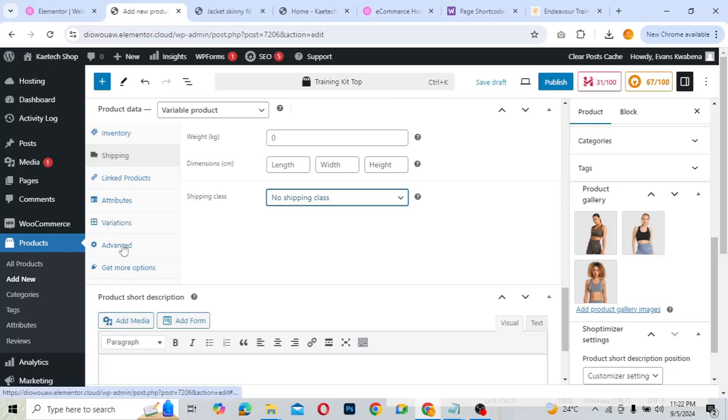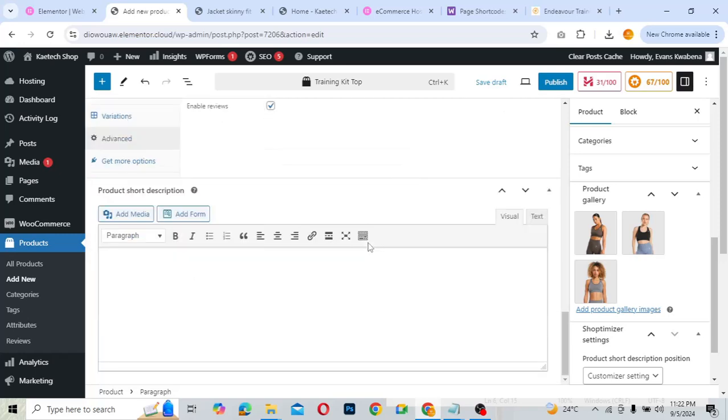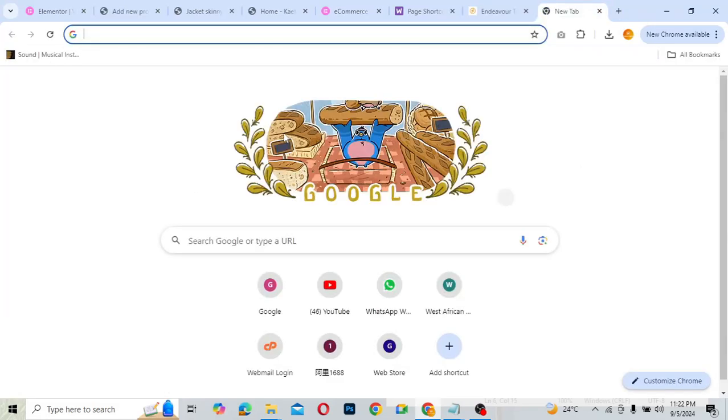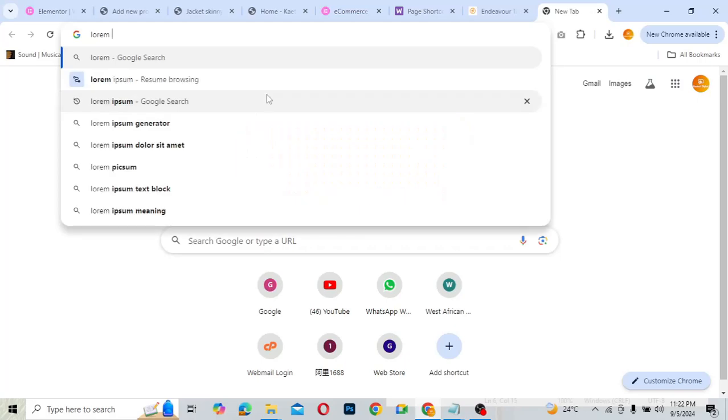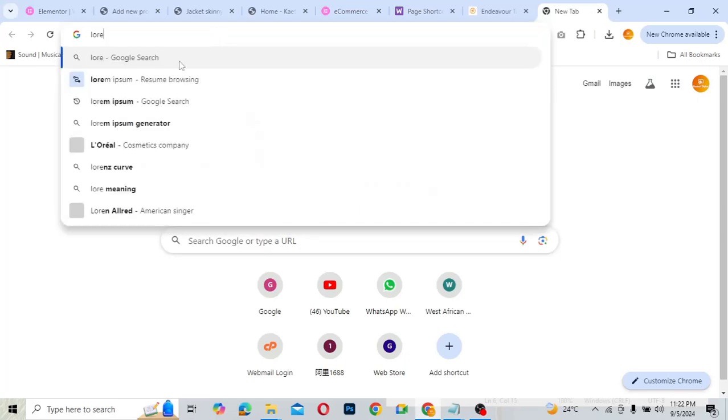You can also go to advanced over here, and then if you have a purchase note, if you want to enable reviews, you can do so. But the most important thing is for you to make sure that you set up your product description, short description. So I'm going to go over here and then go to lorem ipsum, and then just look for some random